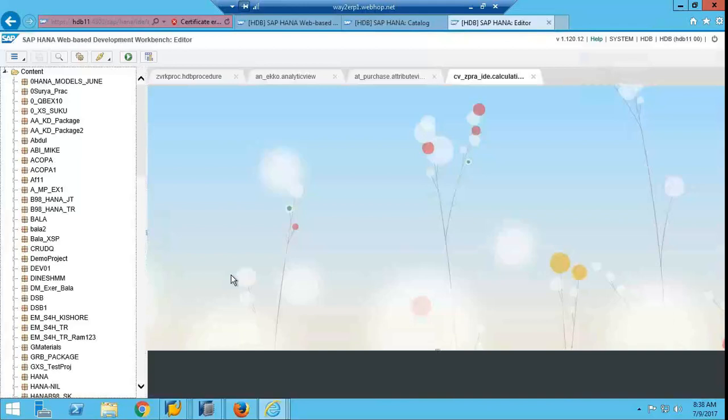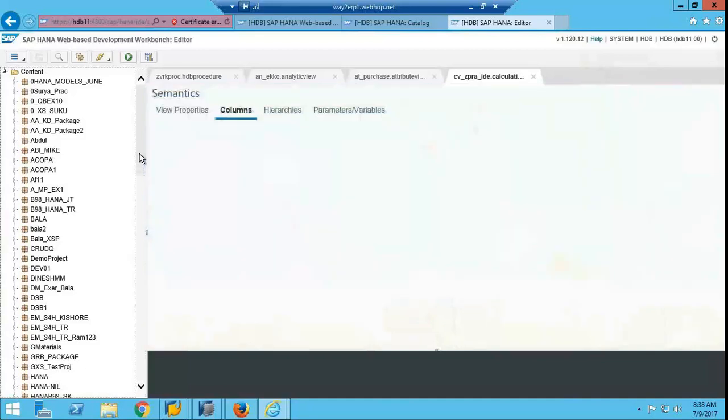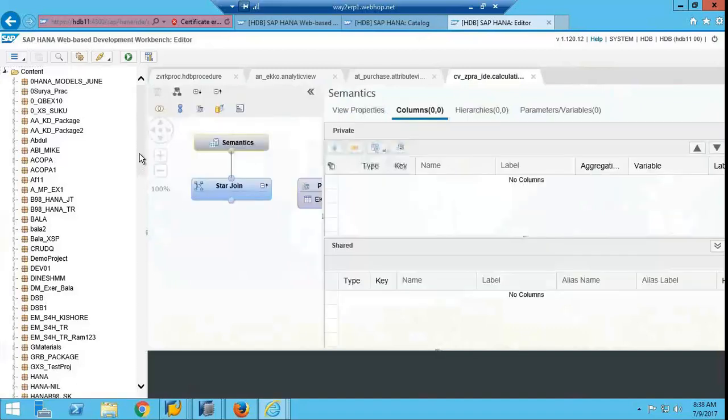Calculation view, analytical view, attribute view were discussed, right? But here we cannot create analytical or attribute views. From HANA 2.0 onwards, advanced HANA, only calculation view is there. There is no analytical and attribute.